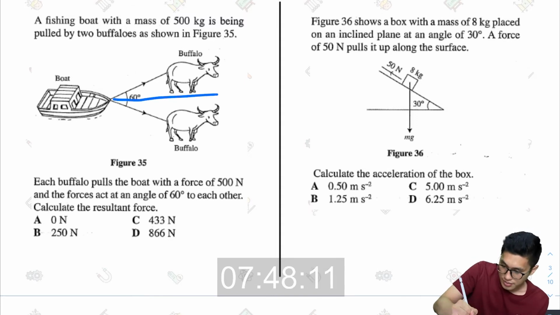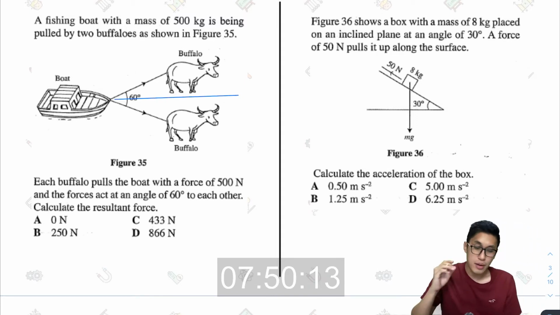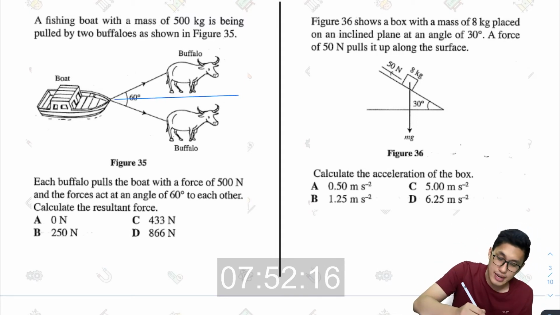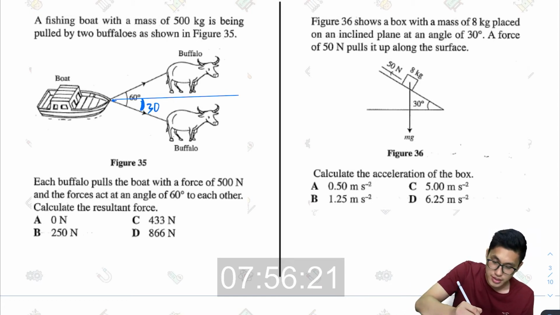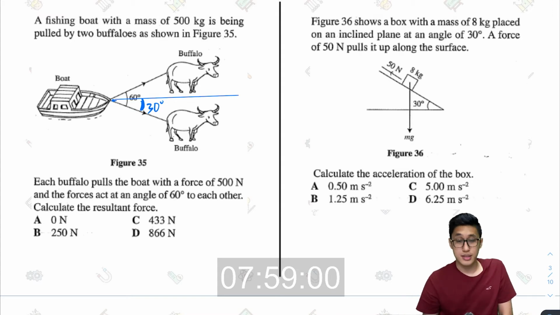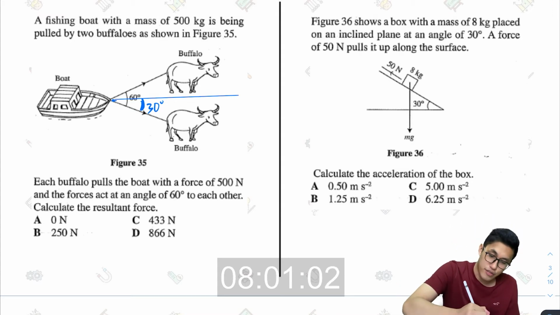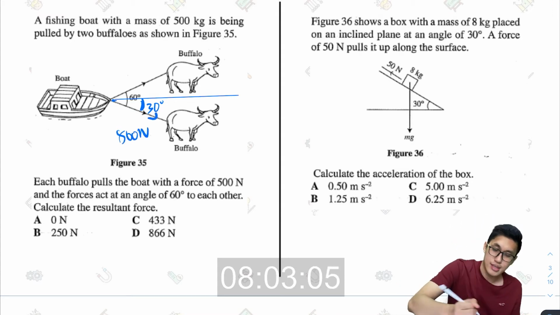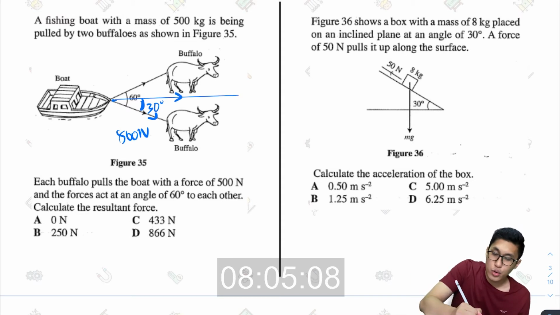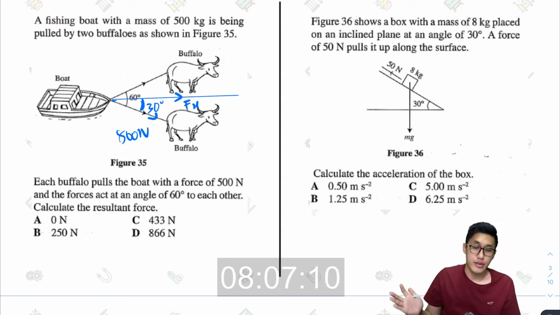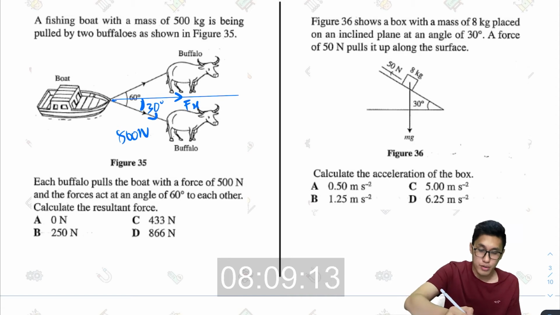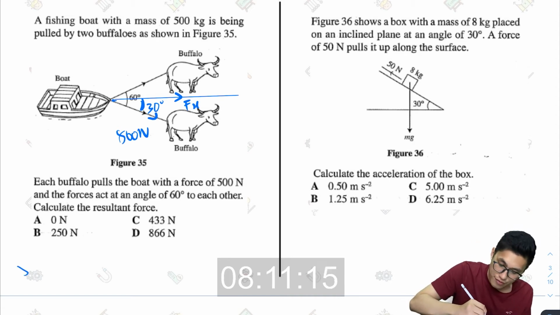So if the angle between them is 60 degrees, that means the angle between one buffalo and the, let's say, the normal is 30 degrees, or between the horizontal is 30 degrees, right? And if this force here is 500 newtons, I can calculate the equivalent horizontal force for just one buffalo, right,